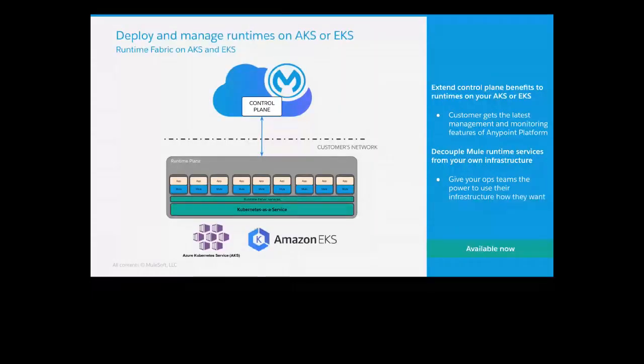So how does it work? I think it's very similar to what Runtime Fabric does now. It allows you to take an Azure Kubernetes cluster or an Amazon Kubernetes cluster and install Runtime Fabric, and it allows you to run applications in Kubernetes containers, in pods, isolated, with a number of advantages over doing it yourself.